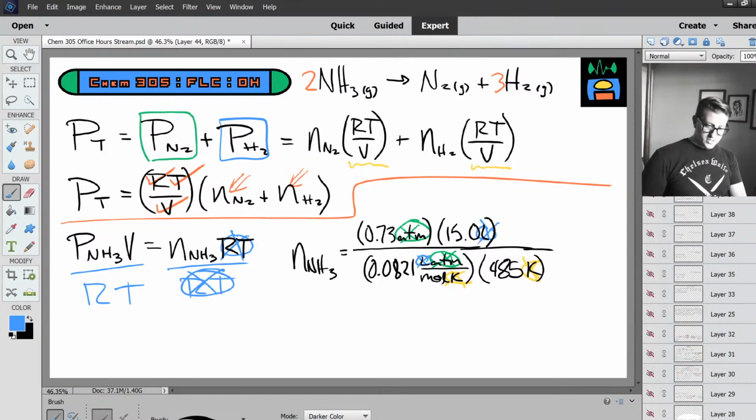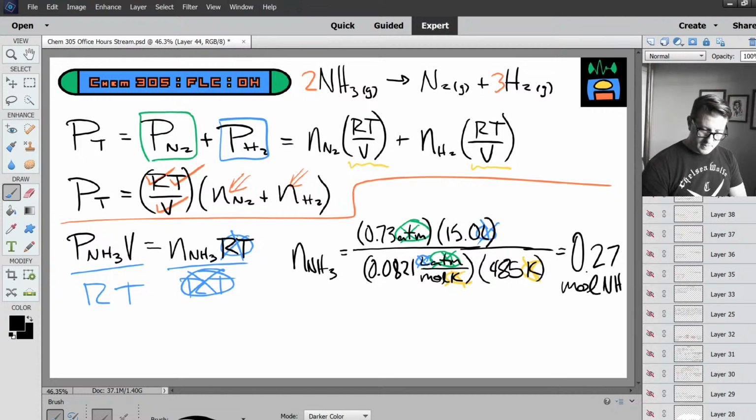So we can find our moles of NH3. We go 0.73 times 15.0 divided by 0.0821 divided by 485. So our moles of ammonia, keeping 2 sig figs, 0.2, oh, that's the sloppy 2. 0.27